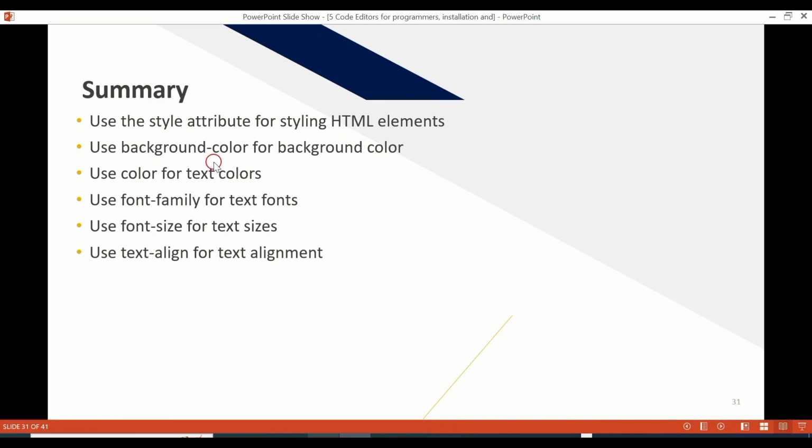Remember, when we use our background color, it changes all the background to the color you indicated. And when you use our text color, it changes just the text to the color you want. When you use your font family, you change the font to whatever name of font you want. When you use your font size, you change the text to the sizes you want. And when you put your text align, it aligns your text to the center. You put whatever you want. If it's not center, you indicate where you want it. We'll be moving to the next part now, which is